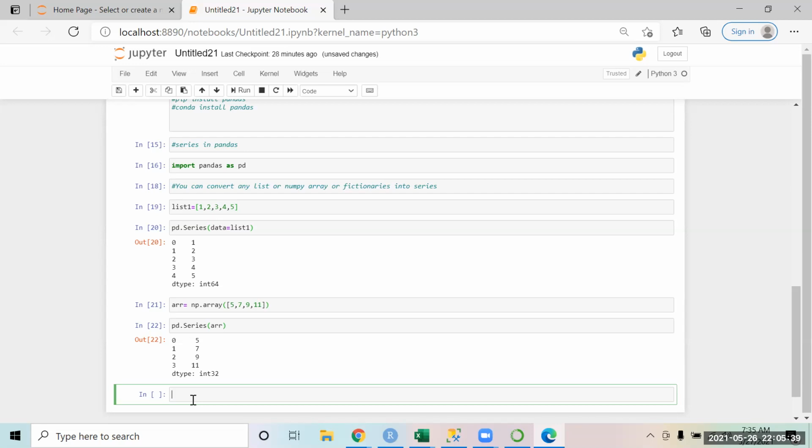Why is the data type changing? Int64, Int32. Why is the dtype int64? Because we have used these NumPy arrays, and previously I was using a list.